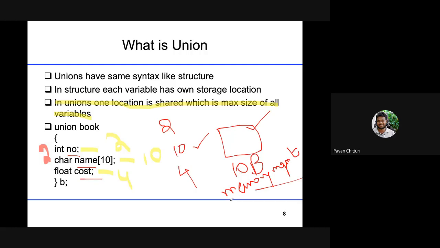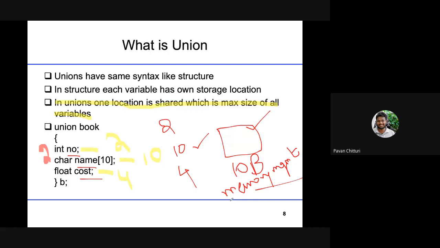Apart from this, there is no doubt or no change with structures. Whatever you are able to do in structures, you are able to do the same things in union, in the same manner. The way you access the data in a structure, you will access the data of the union also in the same way. How you declare a variable in a structure, you will declare the variable here also.